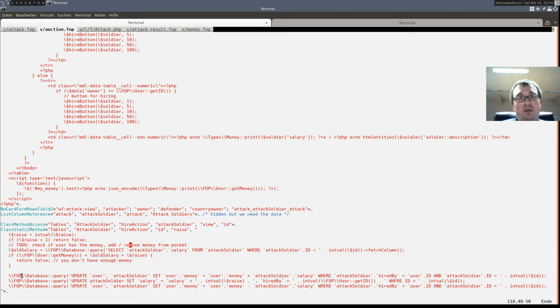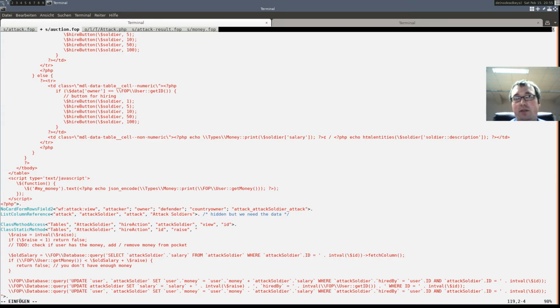So if the guy only has $100, but he double clicks on a soldier for $100, he would get 2 soldiers, and his money could become negative because this if has already been checked. What a transaction does is it kind of locks the table, but not pessimistically; it lets them run and then rewinds the transaction if necessary.